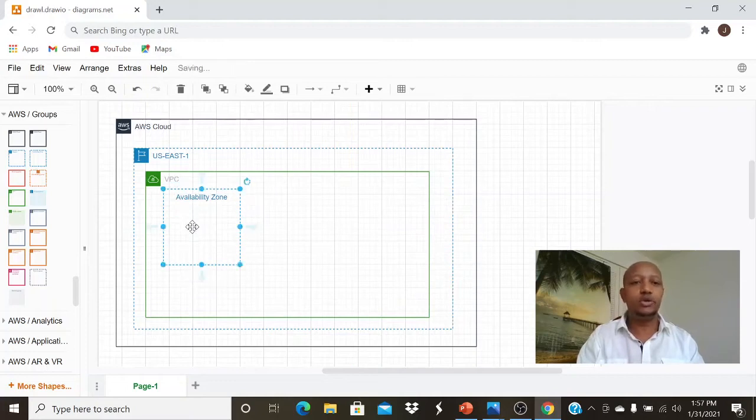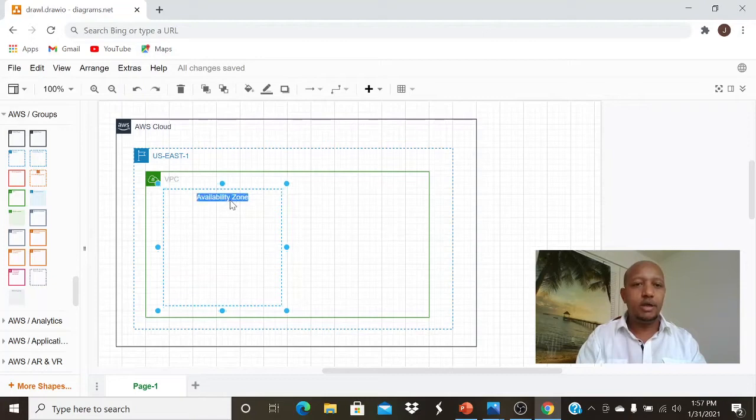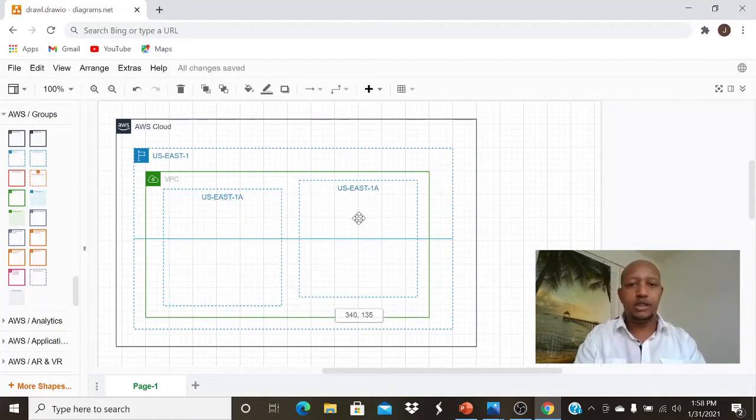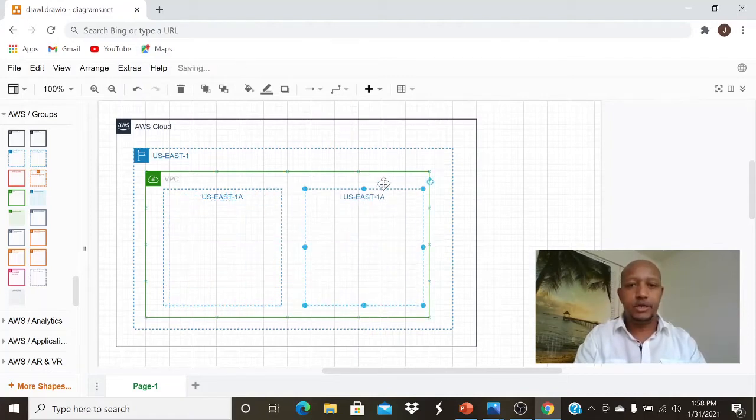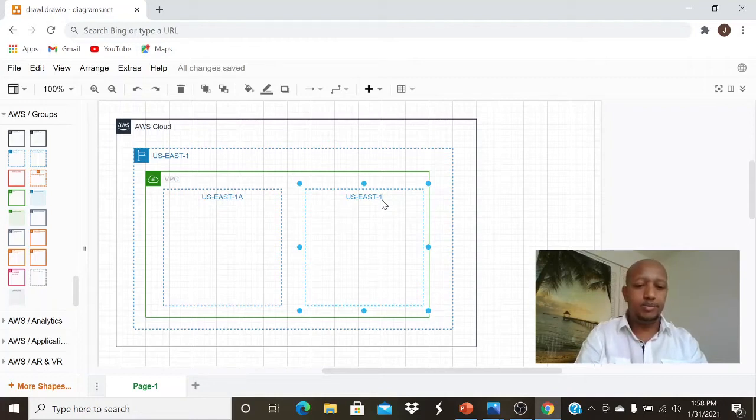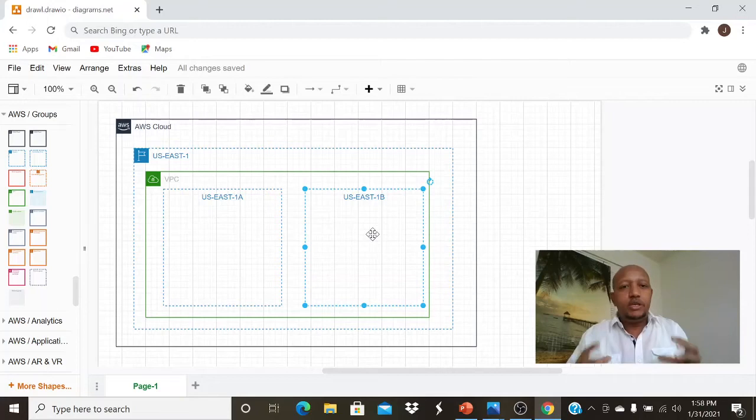It can have multiple availability zones, and then let us stretch this here to here, and then let us name this one US East 1A, and then copy it, put it in another availability zone here, and rename it to B, US East 1B. So on our VPC, we have